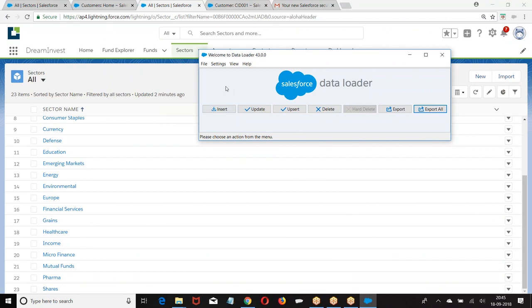Now, what is the size of the data loader? Like 200 records per batch. Maximum 2000, minimum 1. While inserting, I may not insert all the fields. I may insert only some of the fields. What about the remaining fields?